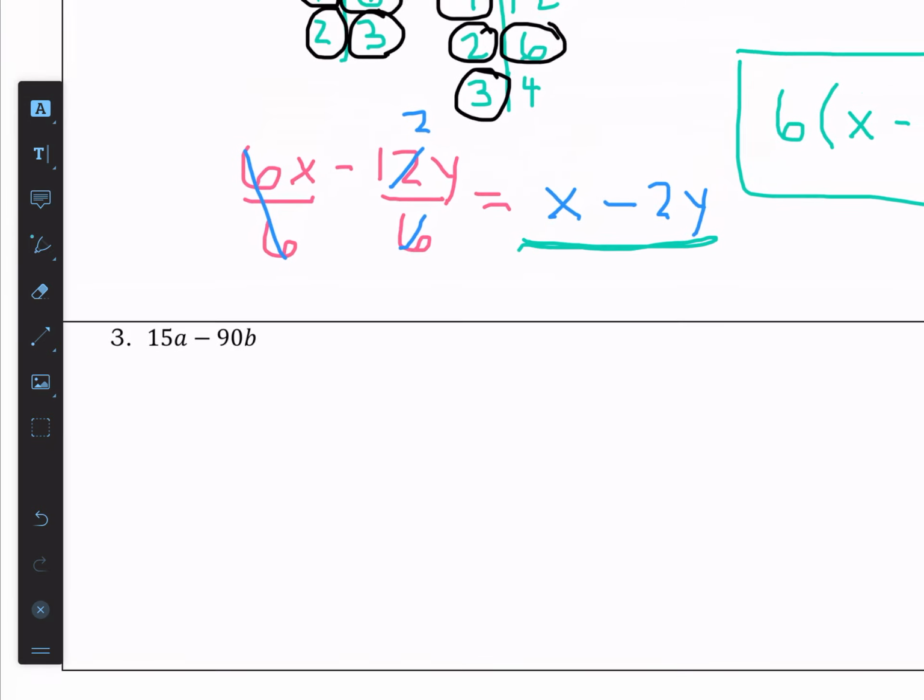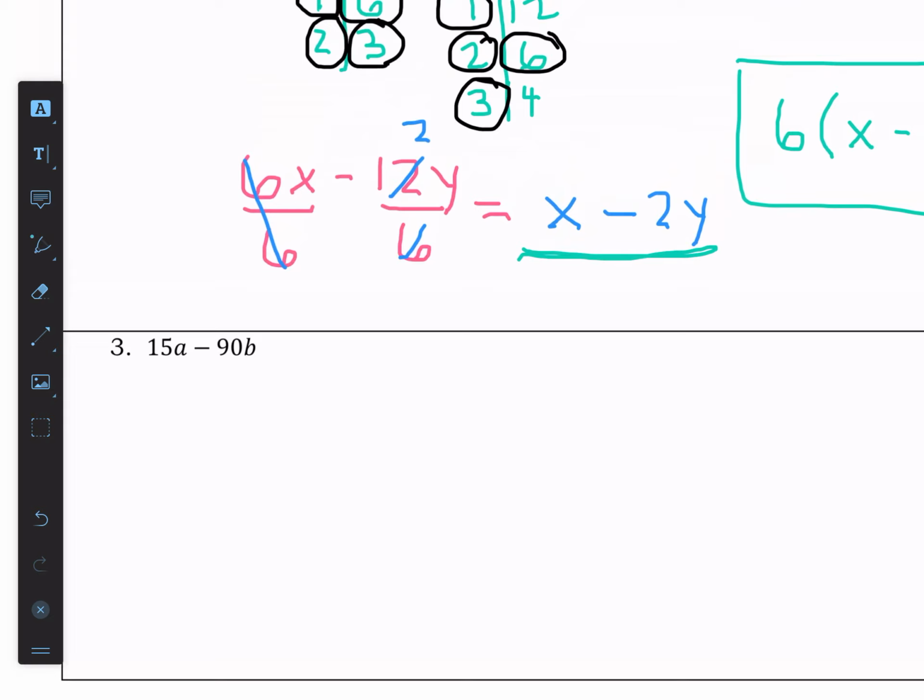Okay, and again, guys, this answer key and blank worksheet is on Google Classroom for you to check out. All right, so number 3, we're going to start off the exact same way. We're going to find our GCF between our two numbers. So we've got 15